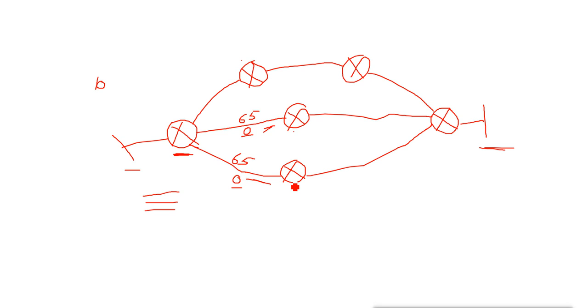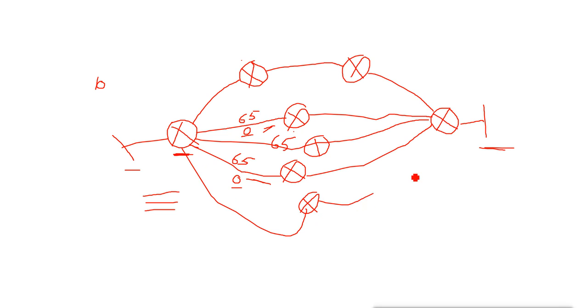Now how many equal paths can it support? OSPF can support 4 equal paths. For example, if it gets 4 equal paths to reach the destination, where all the paths have the same cost of 65, it will use all 4 paths. But if you have 5 equal paths, then it will not use the 5th one, because it can use only 4 equal paths.